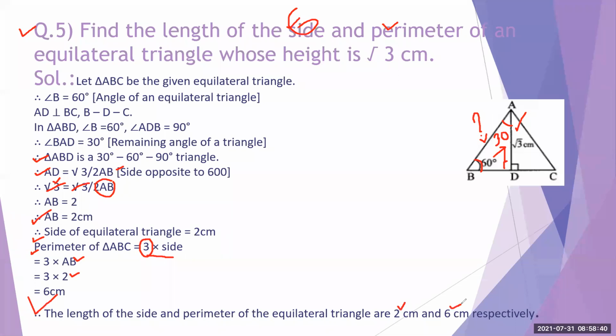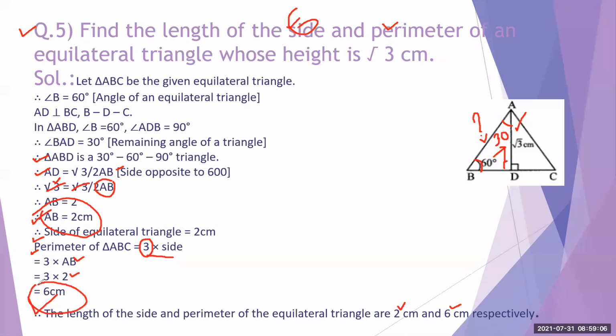This was a very easy question. सिर्फ आपको यहाँ पे 30 60 90 theorem use करना था and we get our answer here. Again one more thing, while solving the word problem, since the question is asked in words, lastly you have to write the answer in words only. अगर आप यहाँ तक लिख दोगे, AB is equal to 2 centimeters, perimeter is equal to 6 centimeters, you stop and move forward to the next question.